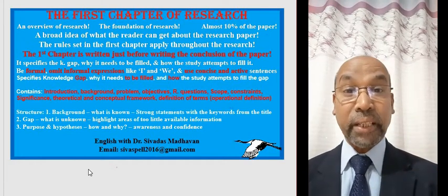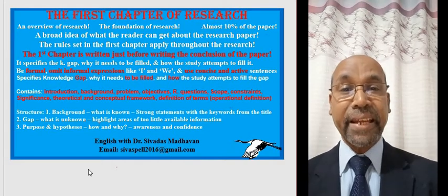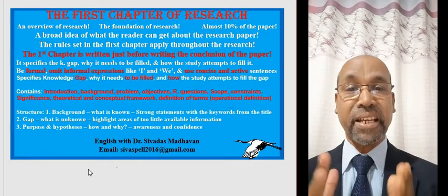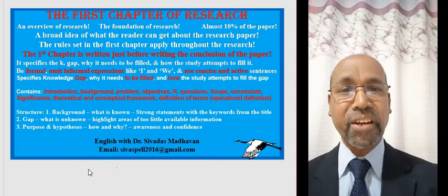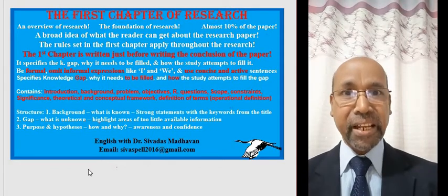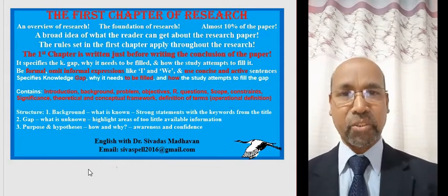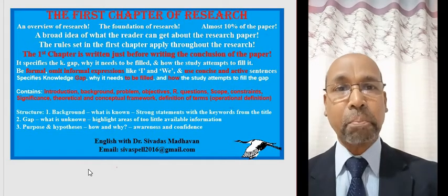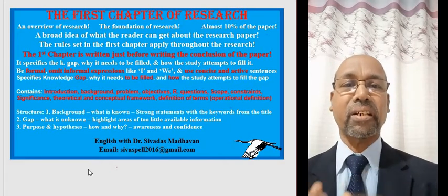And to do that, you cannot write the first chapter first. It will be written at the end, after completing all the other chapters. That means a researcher doesn't begin with the first chapter, he begins with the second chapter. The second chapter is the review of literature, and there he reads a lot of materials related to the topic, and he acquires the knowledge. So he begins with the second chapter and goes to the third chapter, fourth chapter, etc. And after completing, before writing the conclusion, the researcher writes the first chapter.